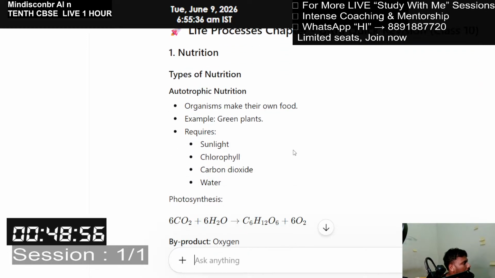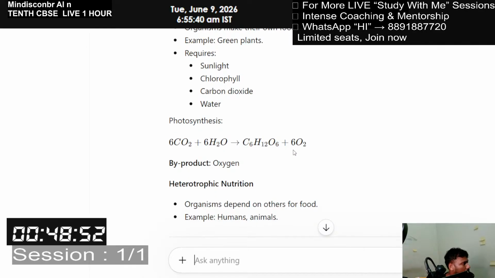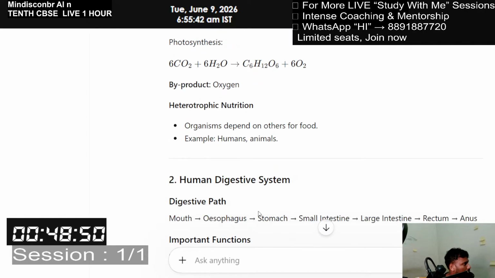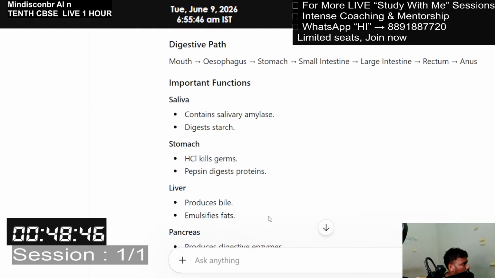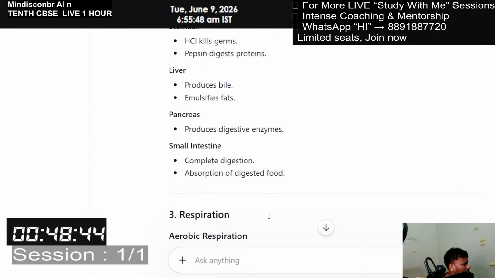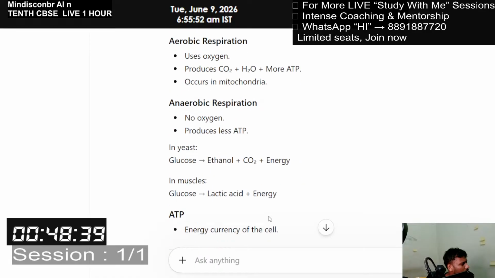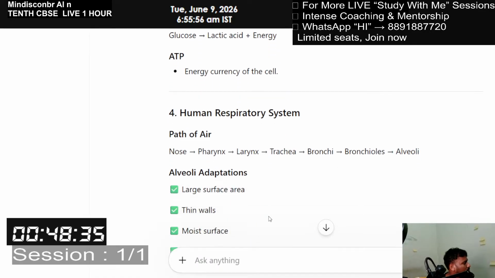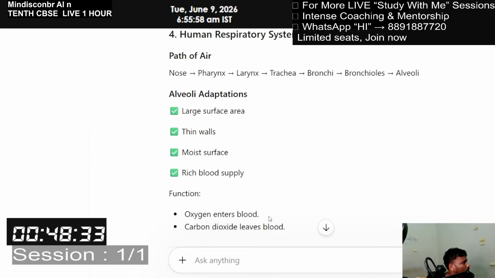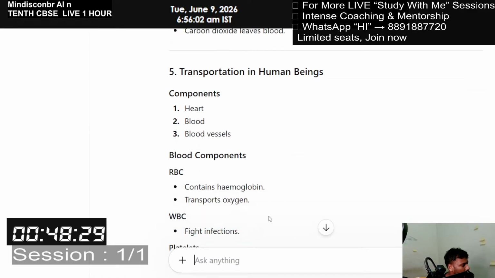Nutrition, types of nutrition, autotrophic nutrition, photosynthesis, byproduct oxygen, heterotrophic nutrition, human digestive system, digestive path, saliva, stomach, liver, pancreas, small intestine, respiration, aerobic respiration, anaerobic respiration, ATP, human respiratory system, alveolar adaptations, transportation in human beings, components, blood components,